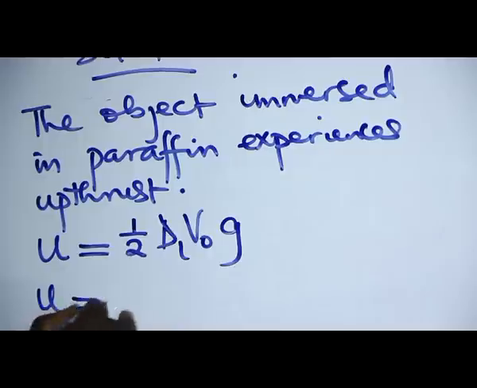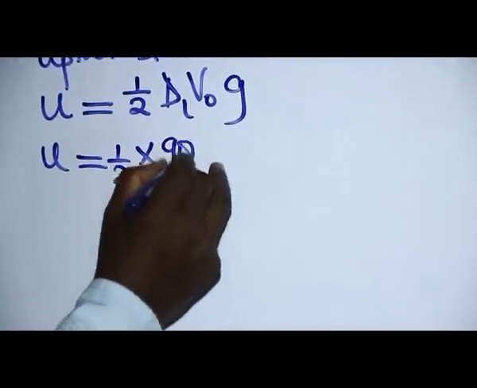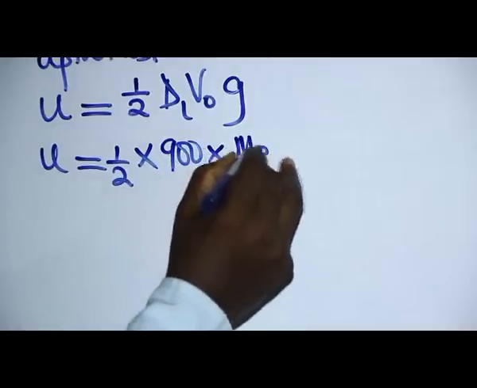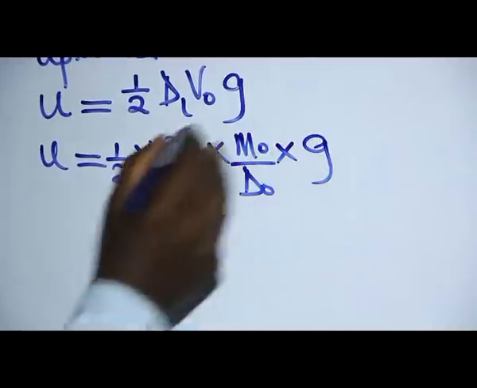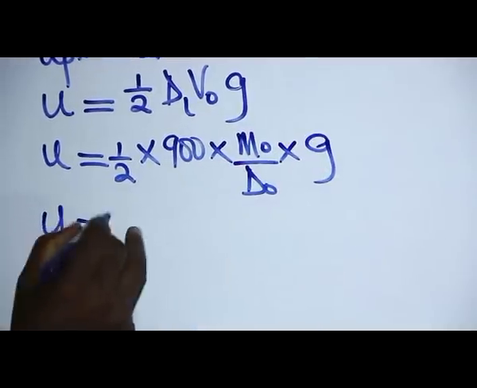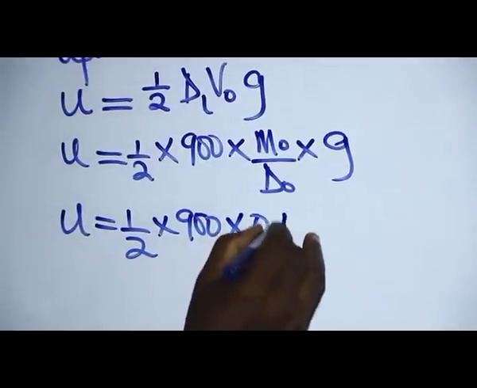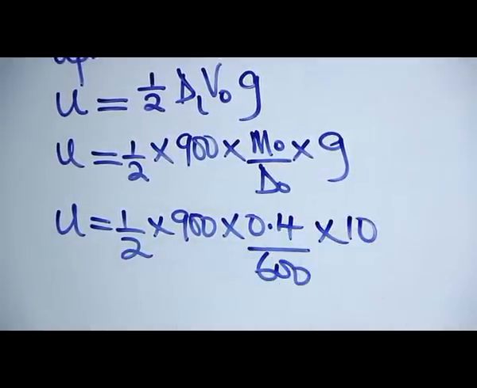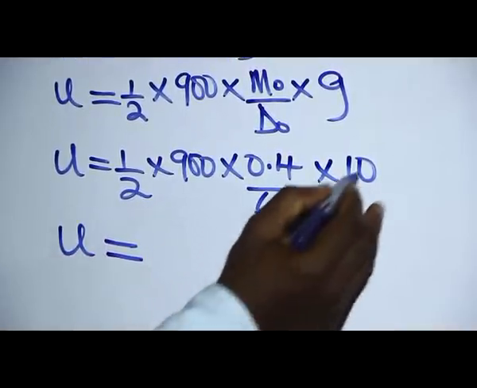So the upthrust becomes half times the density of paraffin, 900, times the volume of the object, which is the mass of the object divided by the density of the object, times g. So the upthrust becomes half times 900 times 0.4 over 600 times 10. Upthrust will now give